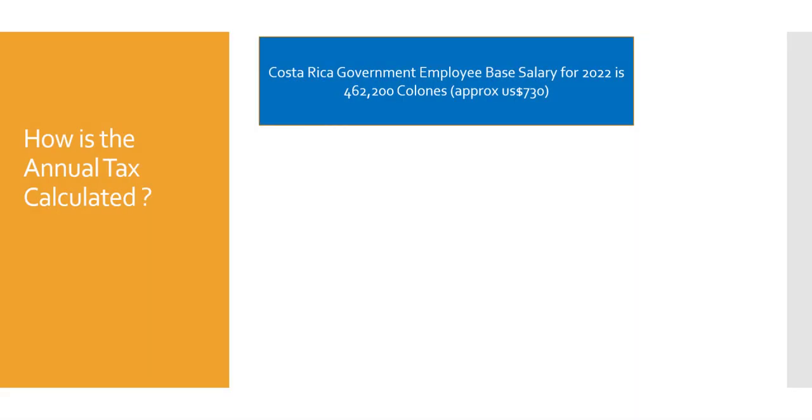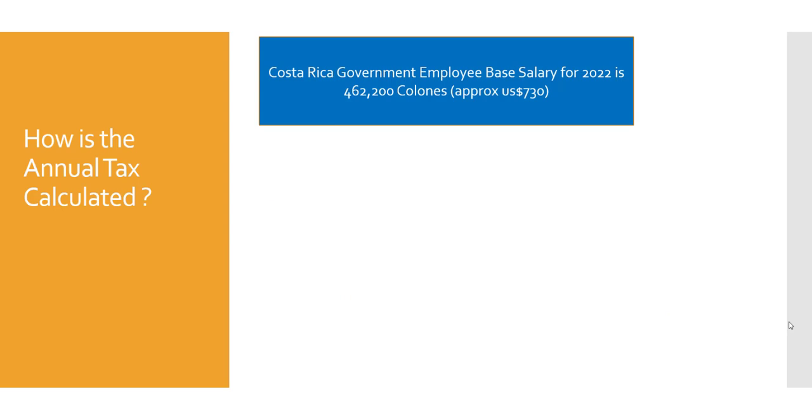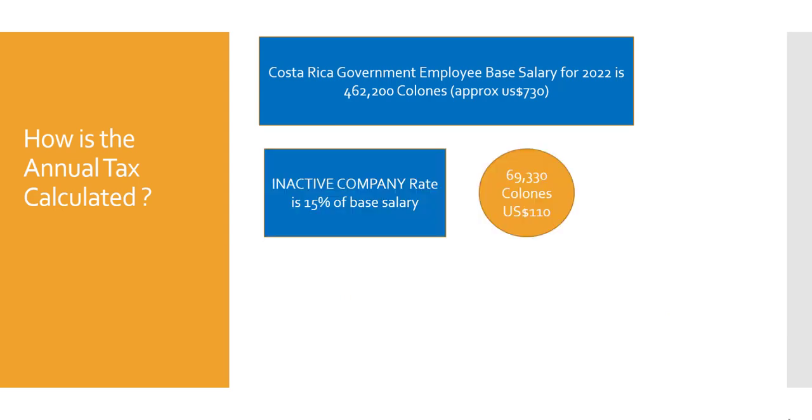The amount to be paid will vary on a yearly basis since the amount is pegged as a percentage of the official base salary of a government employee, called the salario base. Now for 2022, the base salary was set at 462,200 colones. The company tax for inactive companies is 15% of that. That means that an inactive company will pay 69,330 colones, which is about 110 US dollars at current exchange rates